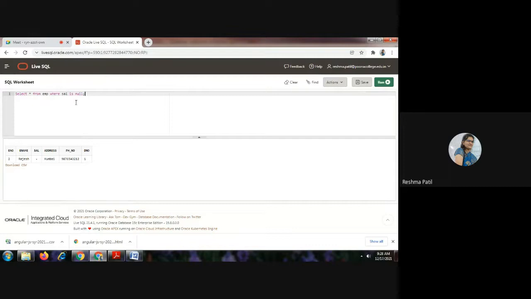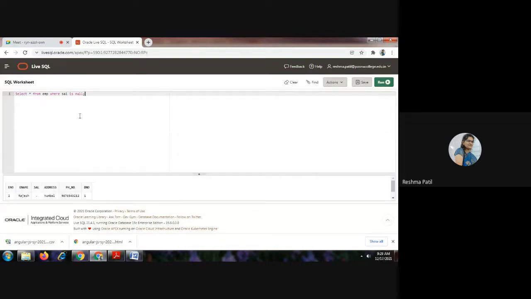So here, "is null" is there. Using this you can check the records, the columns, which are null. So this is the ninth question: select star from employee where salary is null. Done.